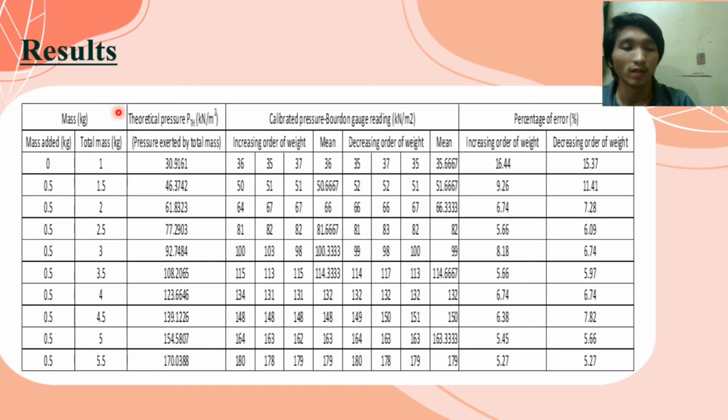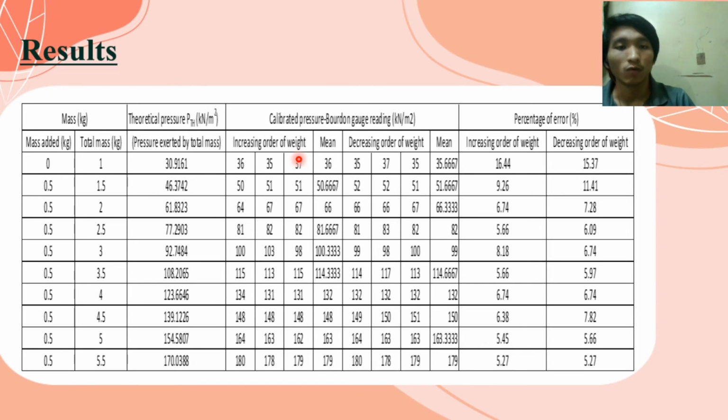The second column is theoretical pressure, and the unit is kilonewton per meter square. For the third column, we have calibrated pressure Bourdon gauge reading, also in kilonewton per meter square, divided into two, which are increasing order of weight and decreasing order of weight. Both have three different data,